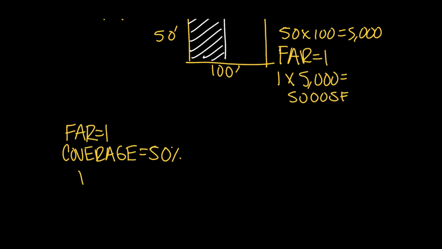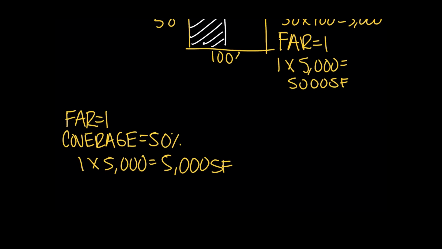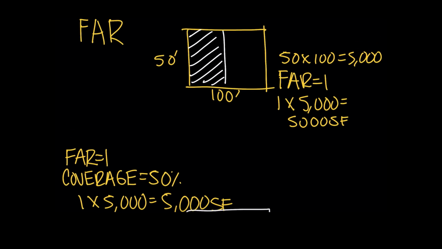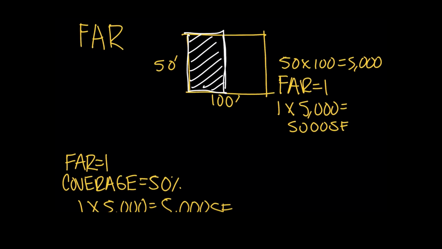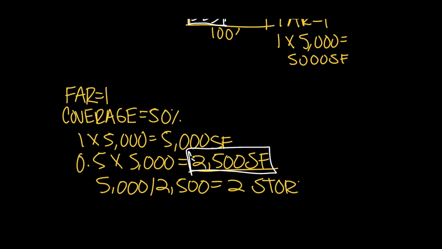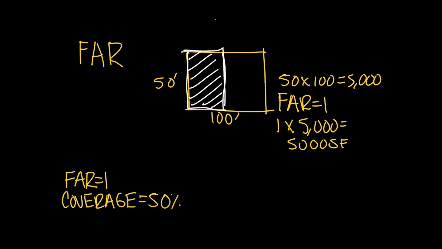So even though we have an FAR of 1 times the 5,000, which gave us 5,000 square foot maximum buildable area, we can only cover half the site, or 50%. So 50%, or 0.5, multiplied by the total lot area of 5,000 square feet equals 2,500 square feet, which is our actual building footprint. So our building footprint here is 2,500, and that means if we take 5,000 divided by 2,500, it equals 2 stories. Our building will be 2 stories. Okay, so this is a 2-story